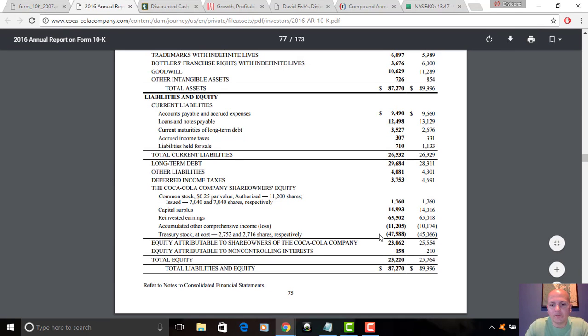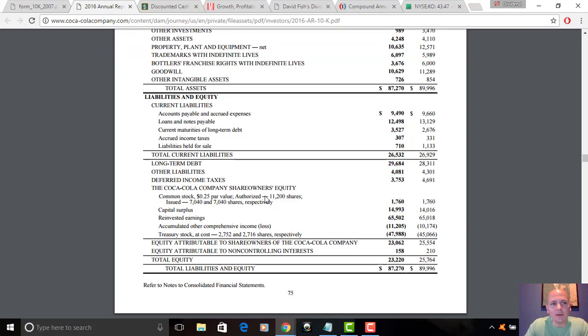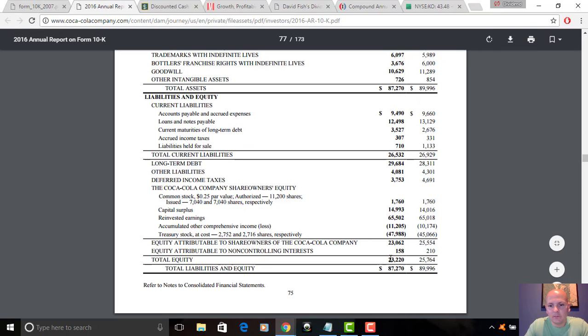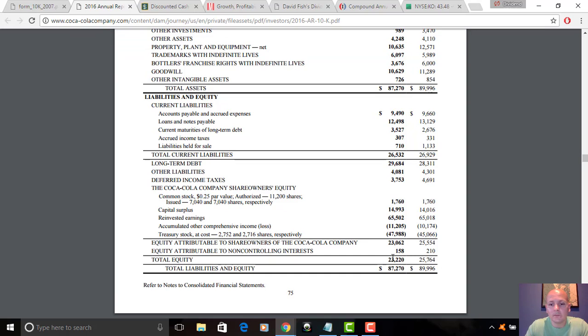So that's negatively affecting shareholder equity. And you see shareholder equity over here at 21, 2007, 23. So it's barely grown, even though the business is obviously selling more product, selling a lot. The revenue's a lot higher. The earnings per share, although it hasn't grown that much, it is still higher. So that's obviously negatively affecting that.